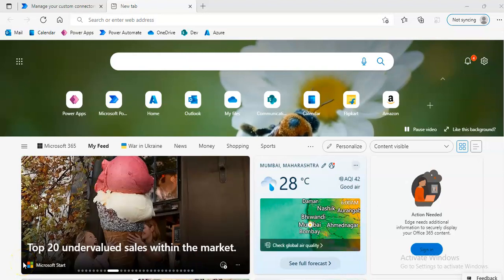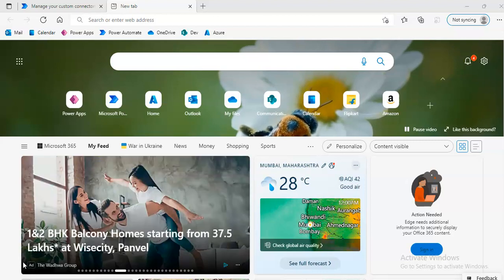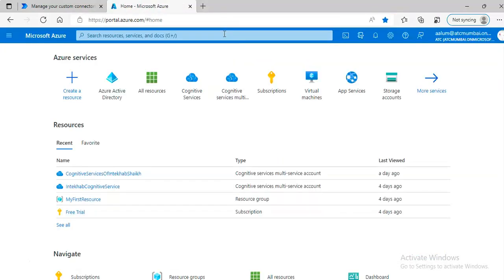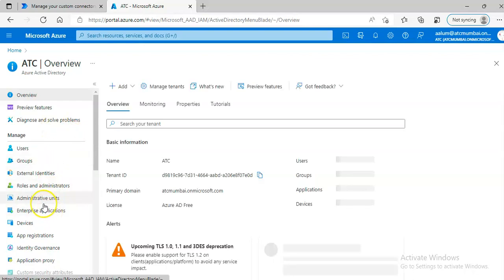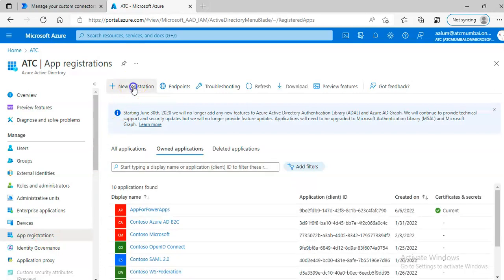In this lesson, we will cover the Azure app permission with the graph permission. So we go to Azure, Azure Active Directory, app registrations, new registration,